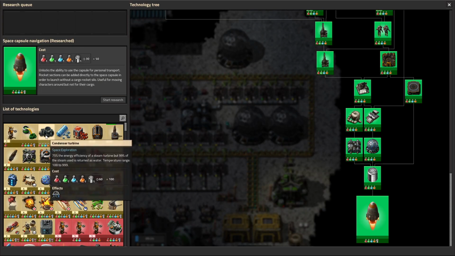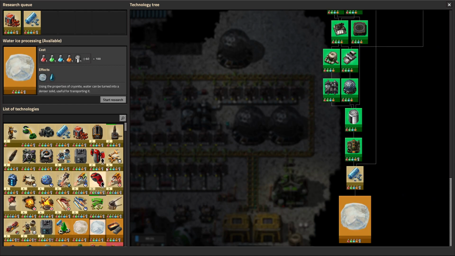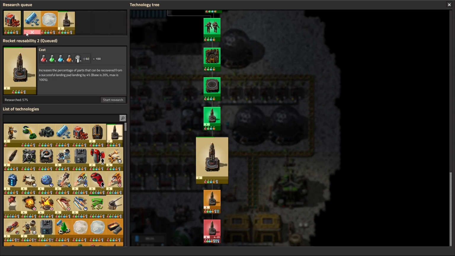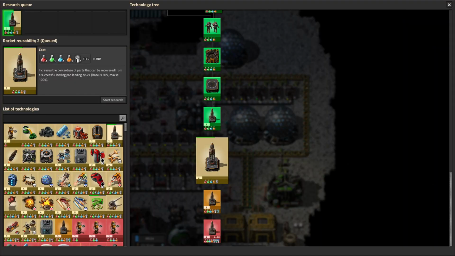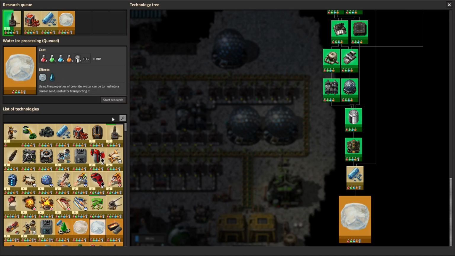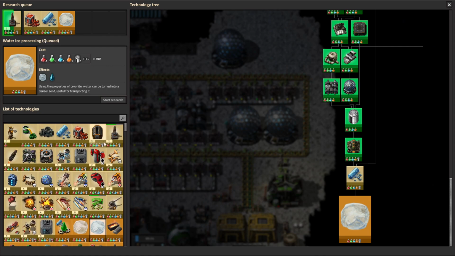Oh, we should continue doing research. I think doing these is good. Probably water ice processing will be very important. Oh yeah, we wanted to do this. Let's do this real quick. Oh wait, we already launched a rocket though. Oh well. And probably the other thing we want to do is